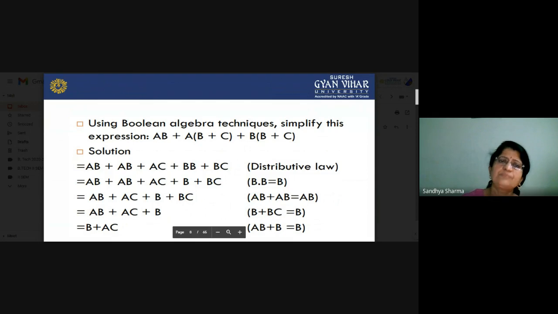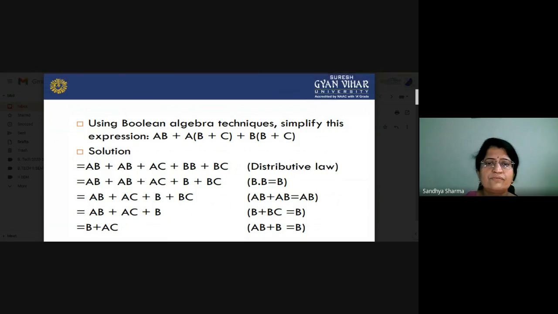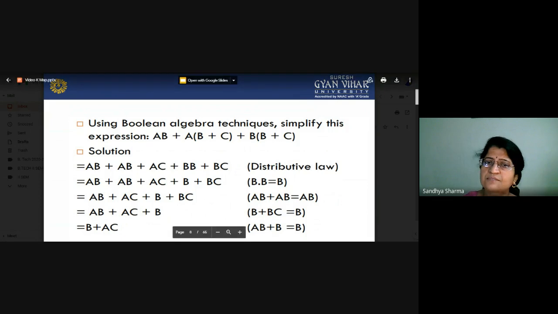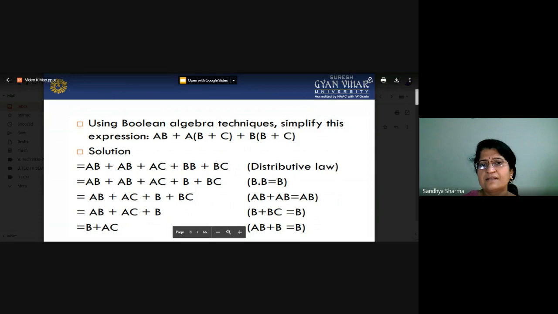Now again there is Boolean algebra. We will also take one or two examples of how we can apply our Boolean rules, because there are two methods for optimization. So another method is Boolean algebra. You can see here, this is the expression. So now what you have to do, you have to expand this one by using the distributive law. So this is the AB, that you can write.